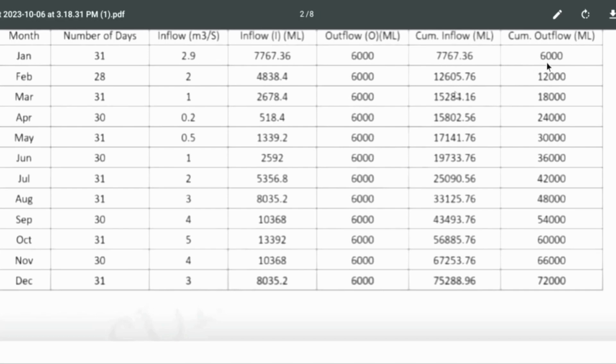7767 minus 6000 positive, 12605.76 minus 12605.76 here, 7767.36 minus 6000 is 1767, but here it is 7528.96, 72000, 3288.96. This is the maximum surplus, that is the cumulative maximum surplus, that is also shown in the curve, and this plus the cumulative